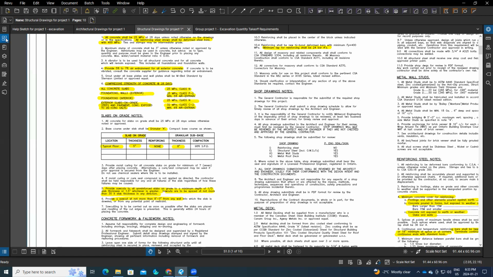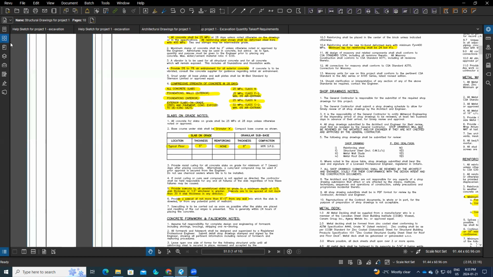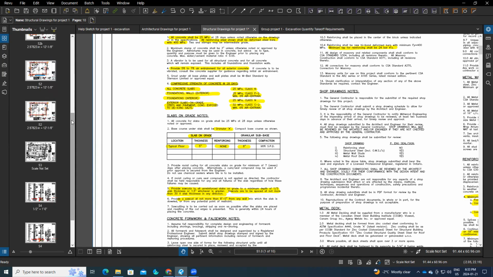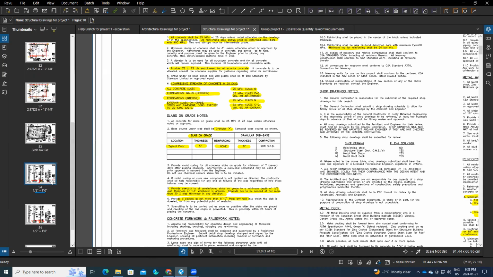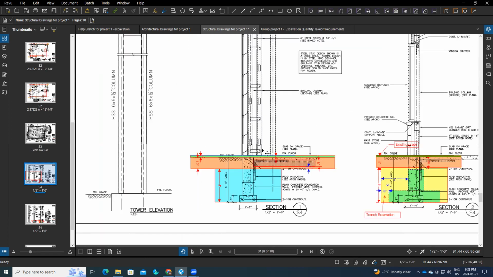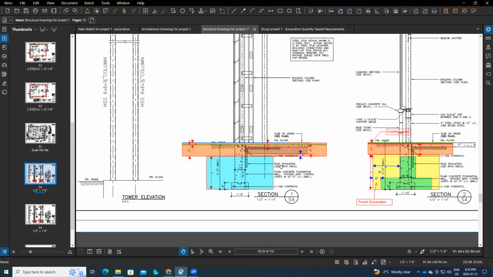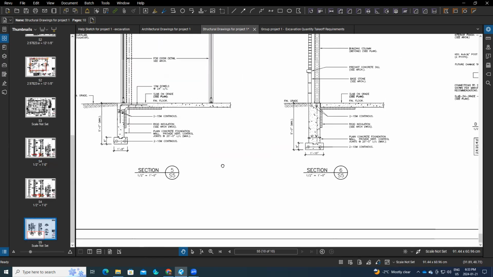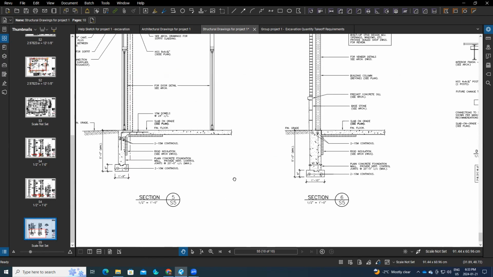Then we look for a cross section to help us figure out